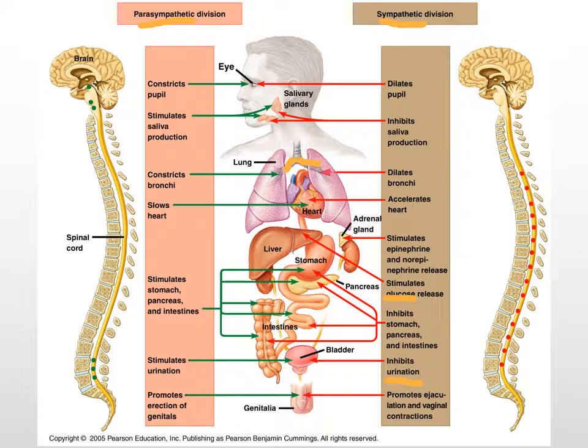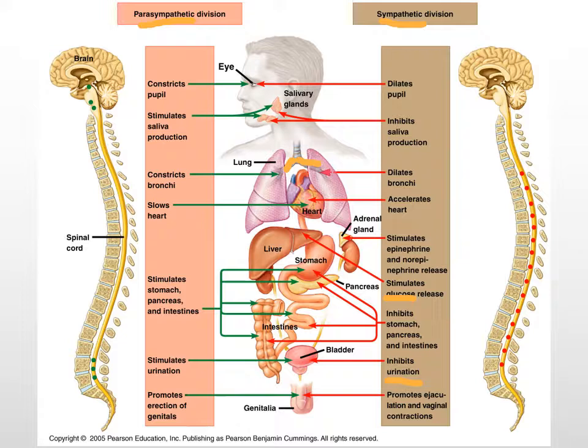So we don't want to have to think about going to the washroom, or we don't want to be urinating at that point. We want to make sure that all of our energy is being put into where we need it. And it promotes ejaculation and vaginal contractions as well. So that has to do more with the excitement part of it, in that you are going to be potentially feeling some of these same feelings if you are having sex with someone. And so that system will also increase your heart rate and dilate your bronchi and all those things, and it